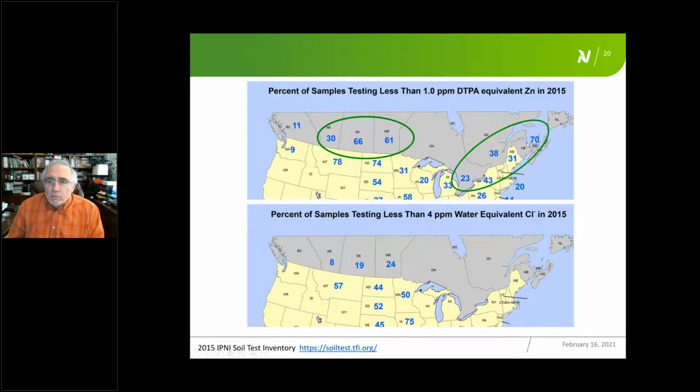Now, if we go out to the Maritimes, we have a very high percentage of those soils that are deficient in zinc, but we also have a lot of sandy soils where they don't have as much residual mineral content, maybe growing some specialty crops where there's more removal, like potatoes in PEI. So it's a different crop mix. Then again, in Ontario, we see a lower number, and perhaps this is a result of growing more corn and soybeans and more fertilization having taken place, or perhaps it's a result of native minerals. But nonetheless, these are trends that we want to watch for